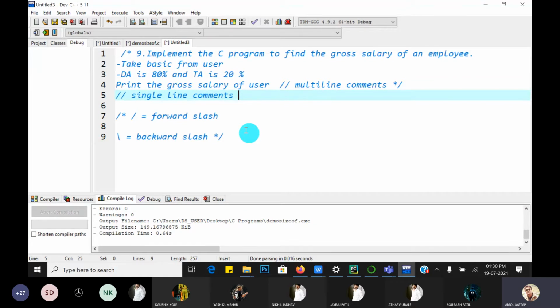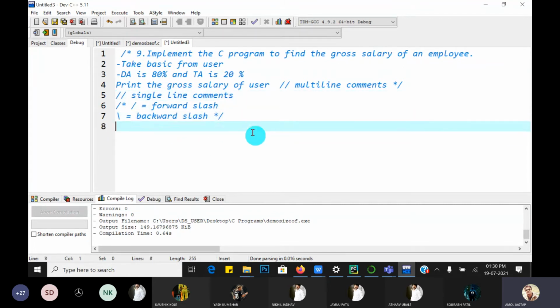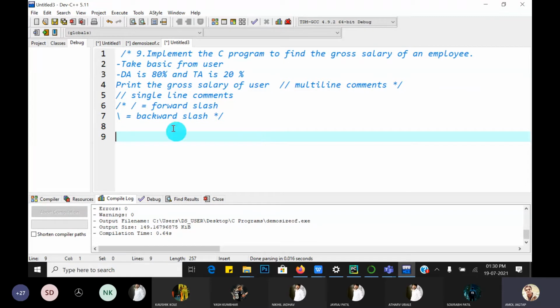This is called a single line comment. And if you want to write a comment for multiple lines, then use slash star, star slash as a multi-line comment. Yes, understood? Yes, sir.